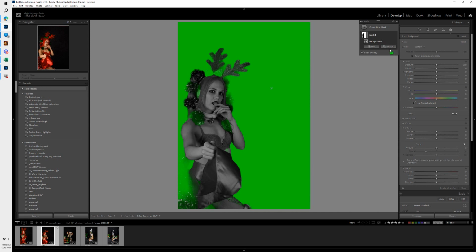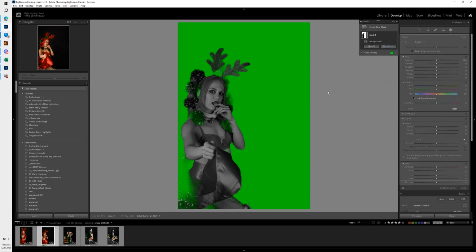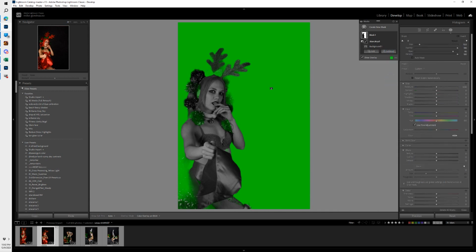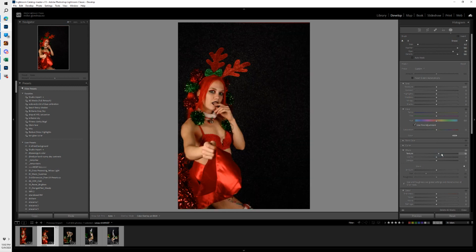If I see there's too much there and I want to subtract something, I can say, hey, wait a minute, there's stuff here that I want to eliminate. It's not part of the background. I can just eliminate and clean up the background a little bit if the selection wasn't perfect. But it's good enough for our purposes. I don't think I'm going to worry too much about it. So there's my background. What I want to do is give it a little bit of texture,